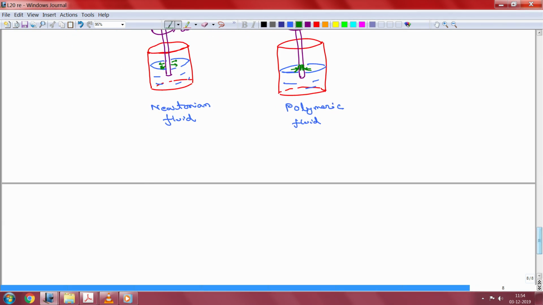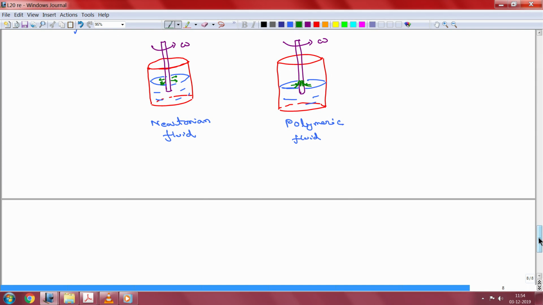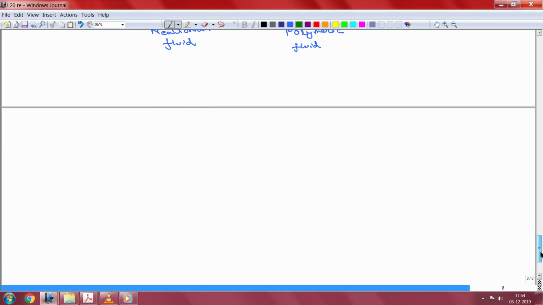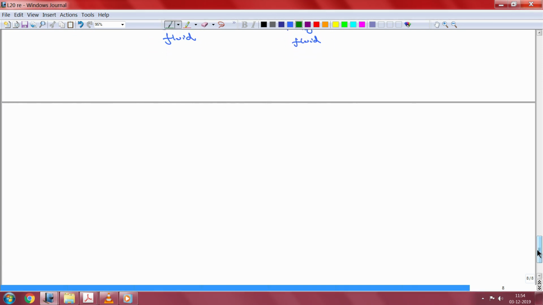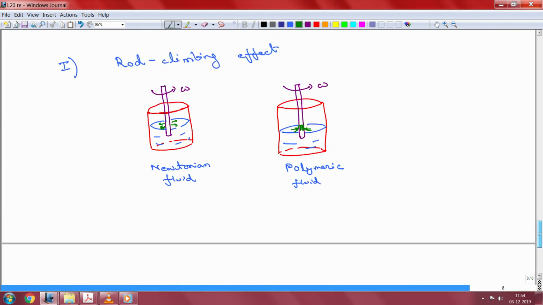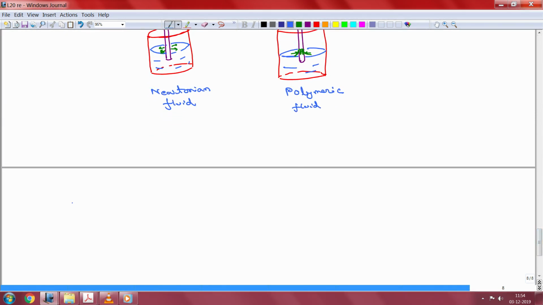This effect was first described by, I think, Garner and Nissan, and by another person, Russell, although it was known in the paint industry for quite some time. Later on there was a very famous paper by Weissenberg on this particular topic where he explains this phenomenon, and the rod climbing effect is also known as the Weissenberg effect because of that. There is another related effect which is called the Quelle effect.